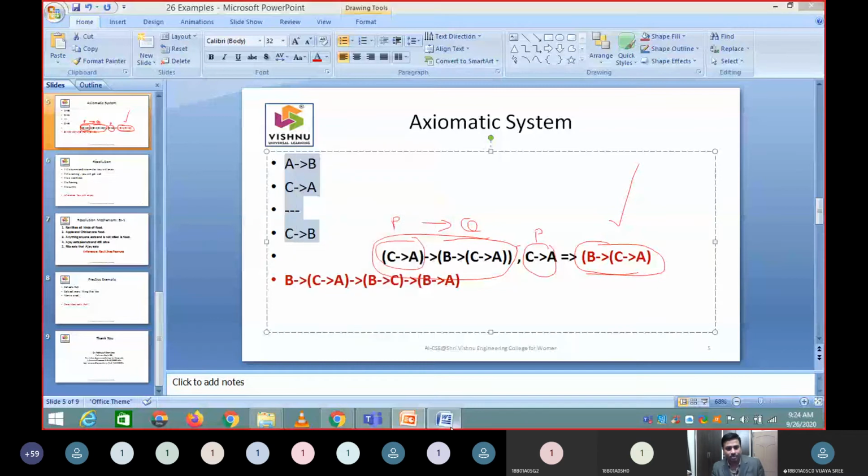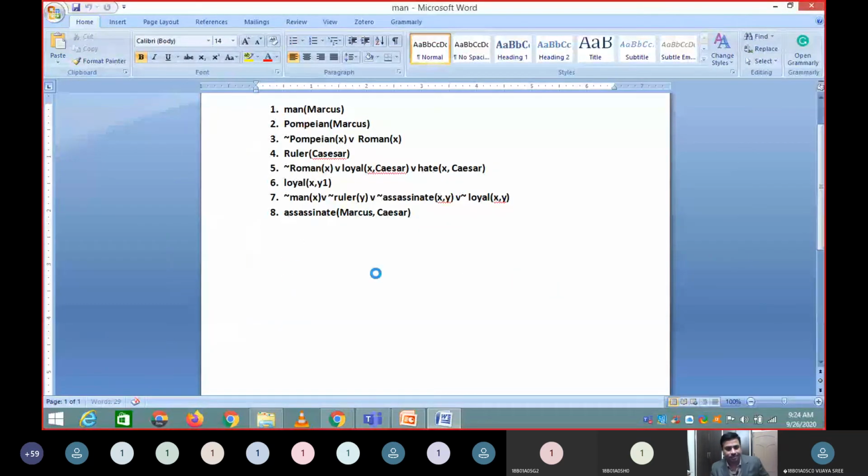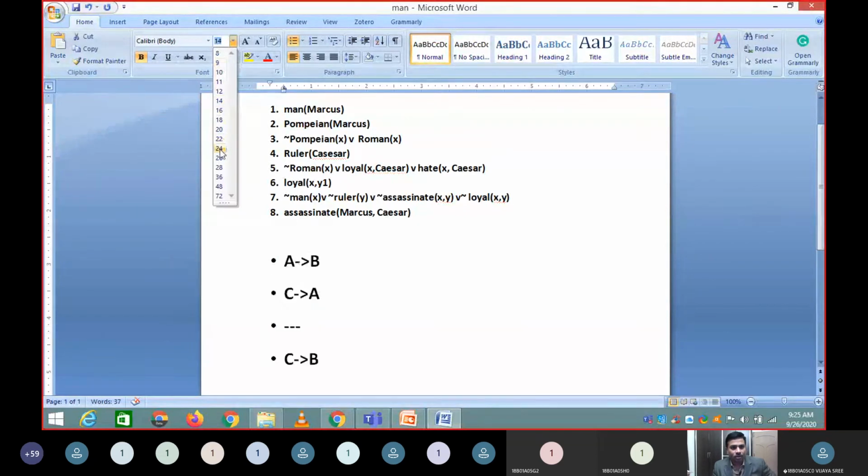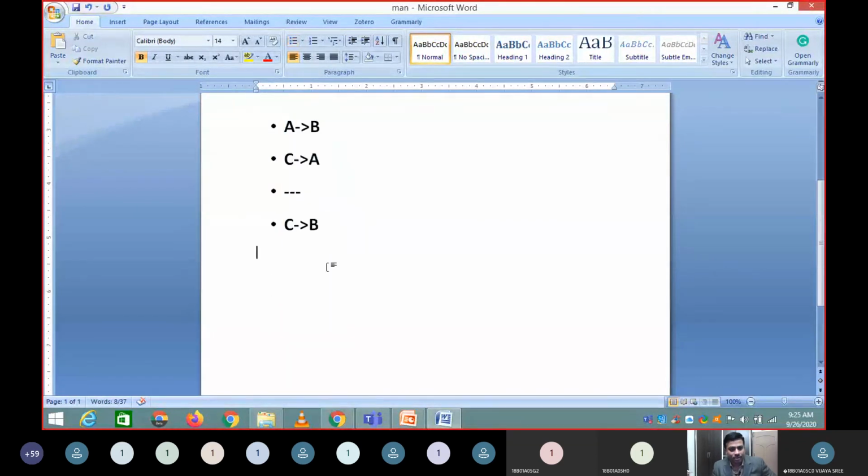Just a minute, I will keep something here, then you will understand better. In solving this problem, two statements are given like this. I started with C to A and applied both rules, and I went to a state where I cannot move from one state to another. So that is the reason.